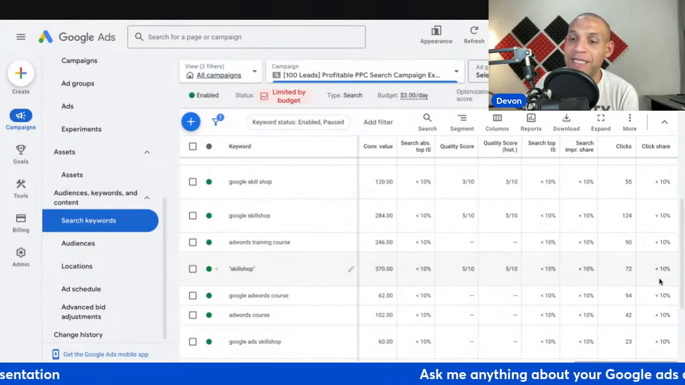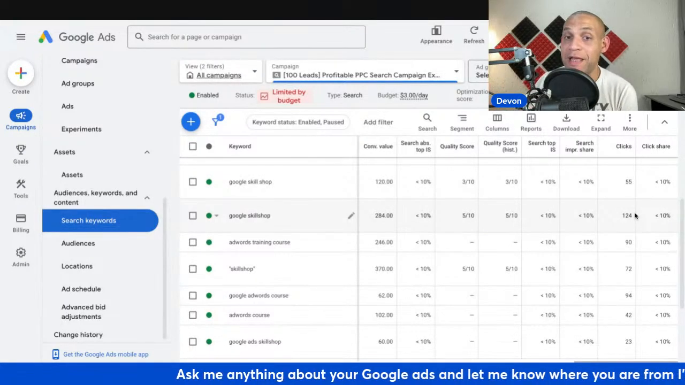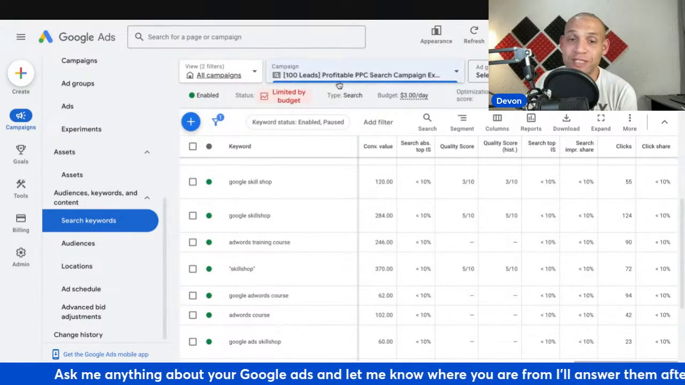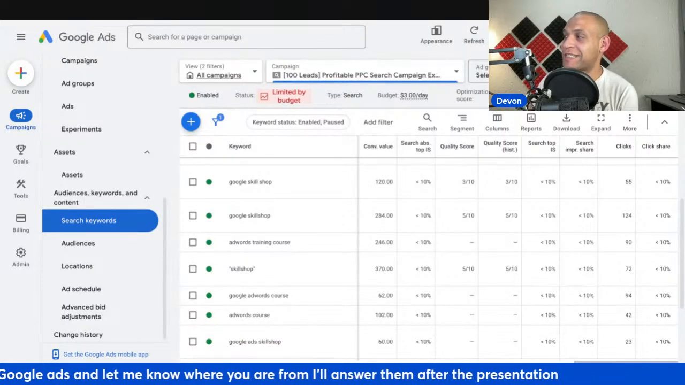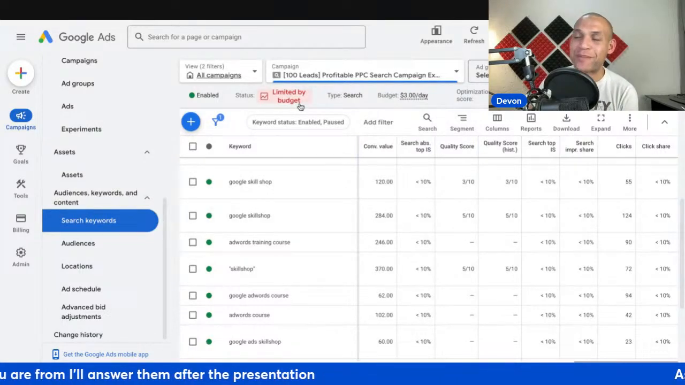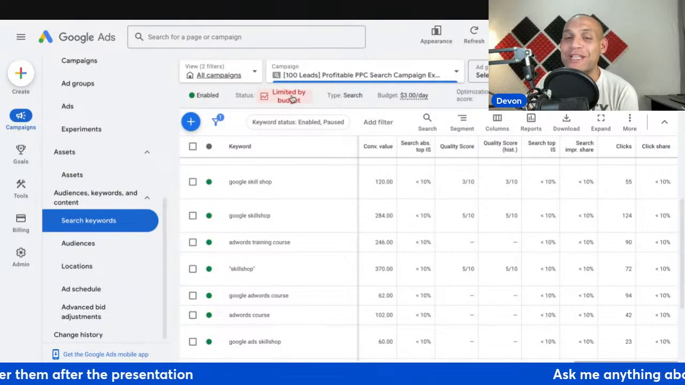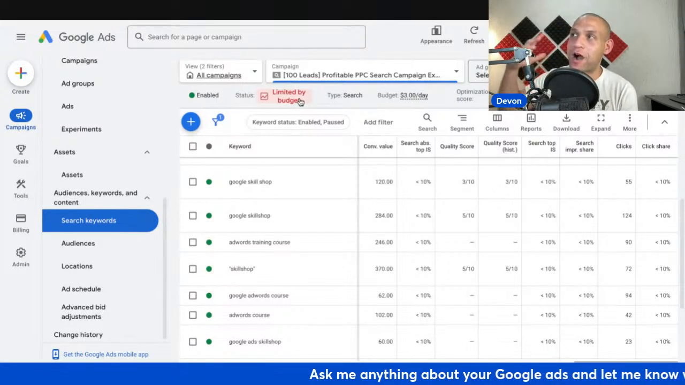And it's telling me that I'm getting less than 10% of the available clicks up there, which brings me to this red warning message over here. I'm sure some of you noticed it. If you noticed it, just let me know, type "limited by budget" in the chat. So when you see this limited by budget over here, it basically means there are